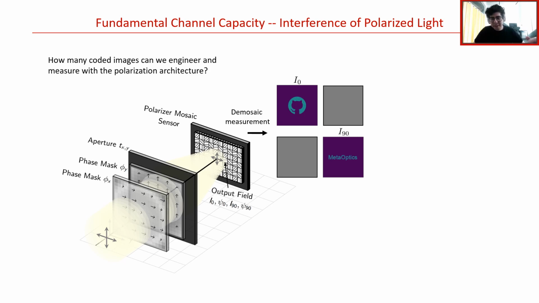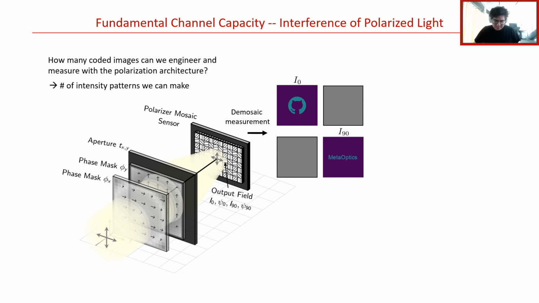In the polarization multi-coded imaging scenario, the answer is less clear because we'll have to consider the interference of polarized light. In this discussion, let's simply assert that the number of distinctly coded imaging channels accessible to us corresponds to the number of intensity patterns that we can independently design when our camera is illuminated by a beam of light. This situation is qualitatively shown below. For conceptual simplicity, let's also approximate the polarization-sensitive metasurface as a pair of independent idealized phase masks. Each phase mask will impart different phase modulation to one of two orthogonal linear polarization states, say 0 or 90